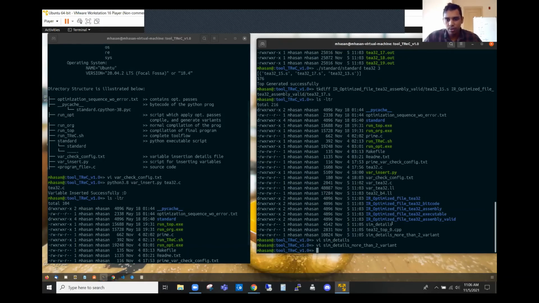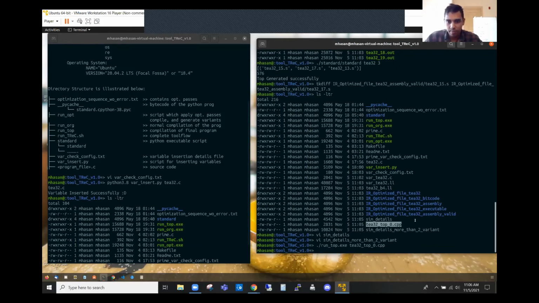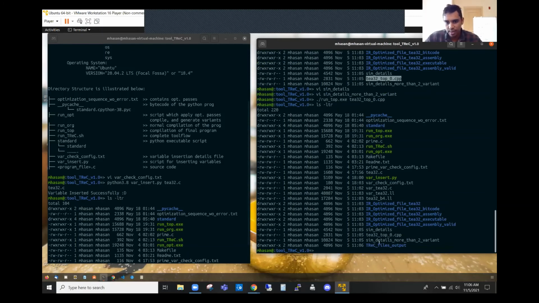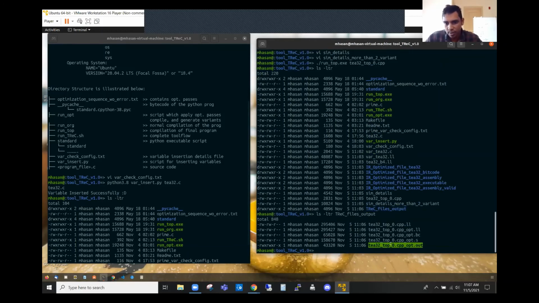Finally, also this top program has been generated, and to make it executable, we will run the top exe program and give it this CPP file. We will see a new directory will be created, that is the output files directory. In this directory, we finally generate the executable of our top program, and if we run this,